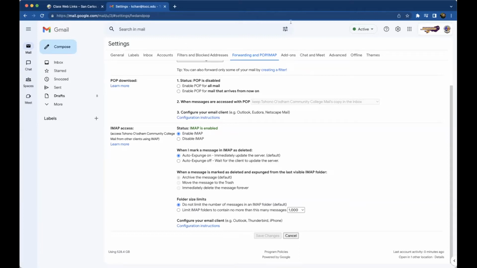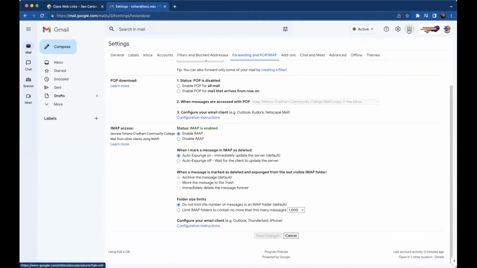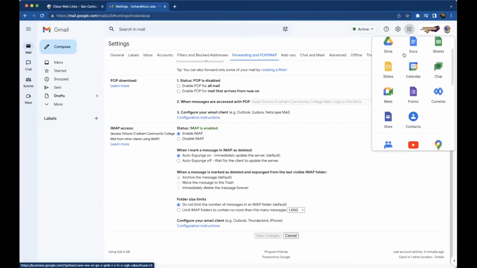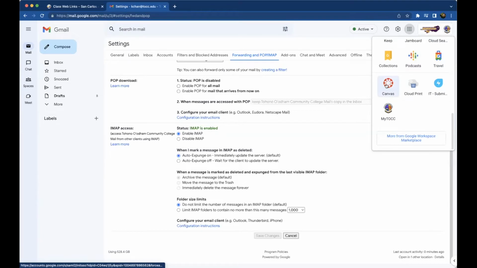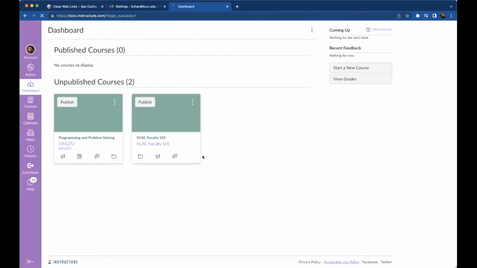Okay, so there's that. Now let's say you want to access Canvas. Many of those other tools are accessible right here under what we call the 9 gray dots. For example, Canvas is right here. If you're already signed in to your TOCC account, sometimes it will sign you right in. Otherwise, it will ask you, hey, who are you? And so again, choose your TOCC account,